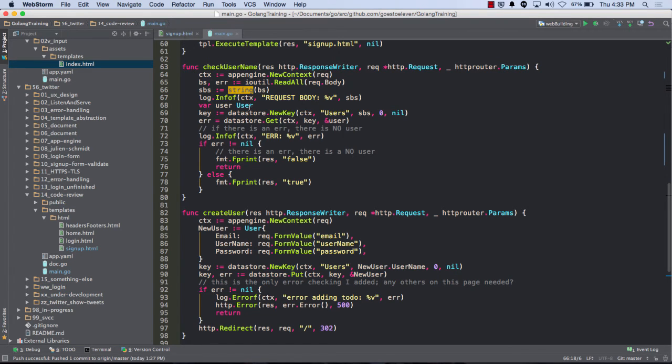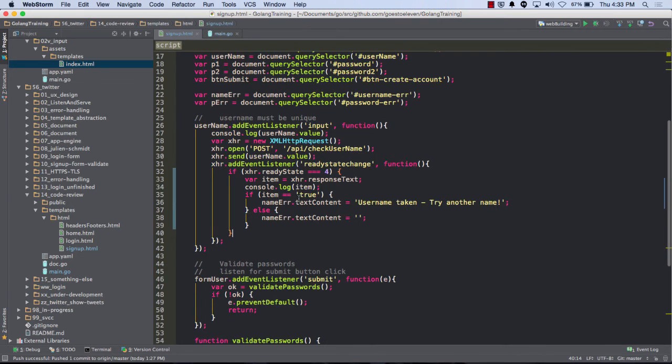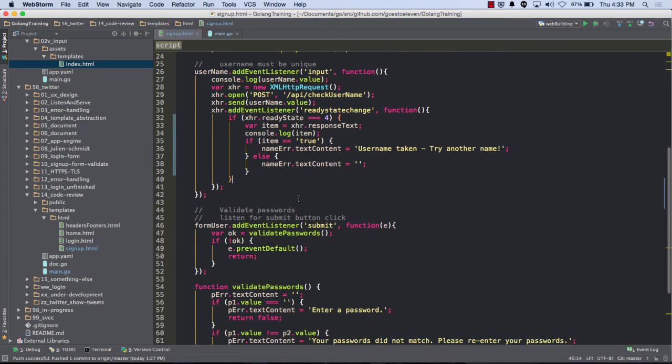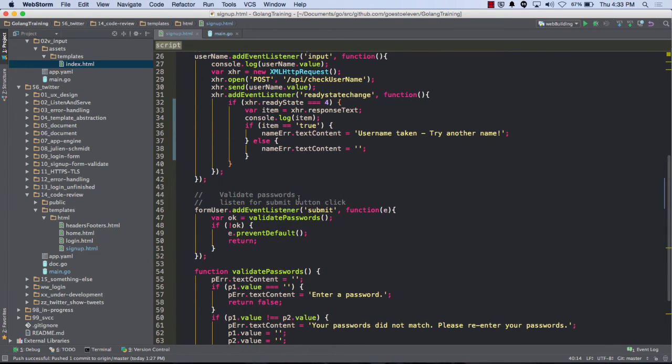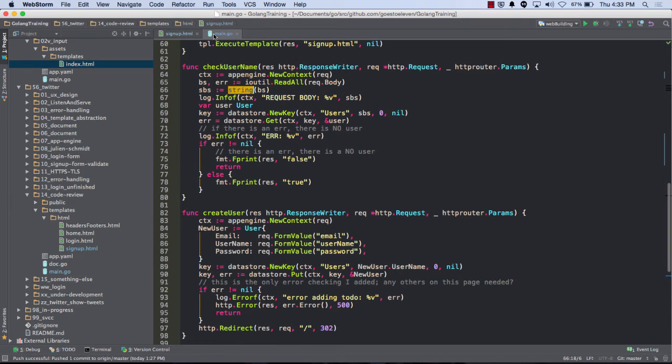So I understand the JavaScript part of validation. I already learned all that kind of stuff, but where are you actually grabbing it from the database? So right here, we come to check username, right? And does that interact with the JavaScript? We get the request body, which is that text I entered, okay?